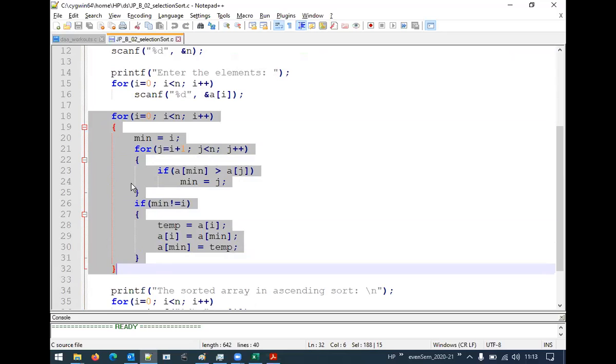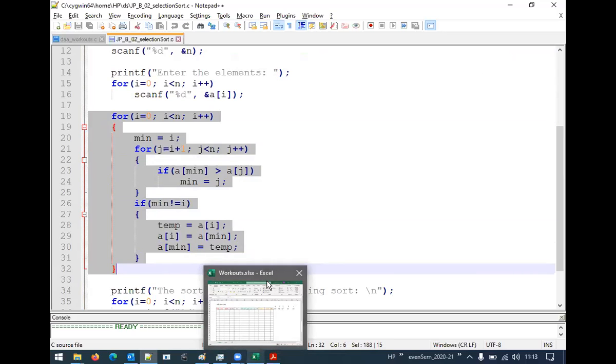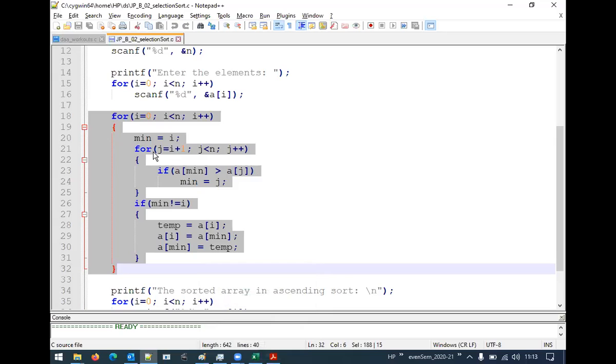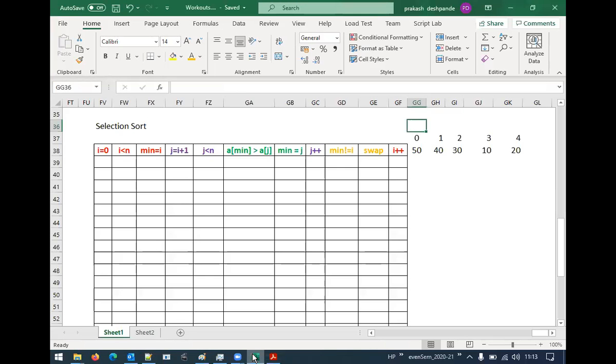As a standard method, again, I'm going to put up a tabular format. The tabular format is the best approach for tracing the program when we have multiple loops involved. Multiple loops means nested loops. Now you can see there is one outer for loop, then an inner for loop, then again certain conditions, right? The tracing can be made much easier and simplified if we put up tabular content like this.